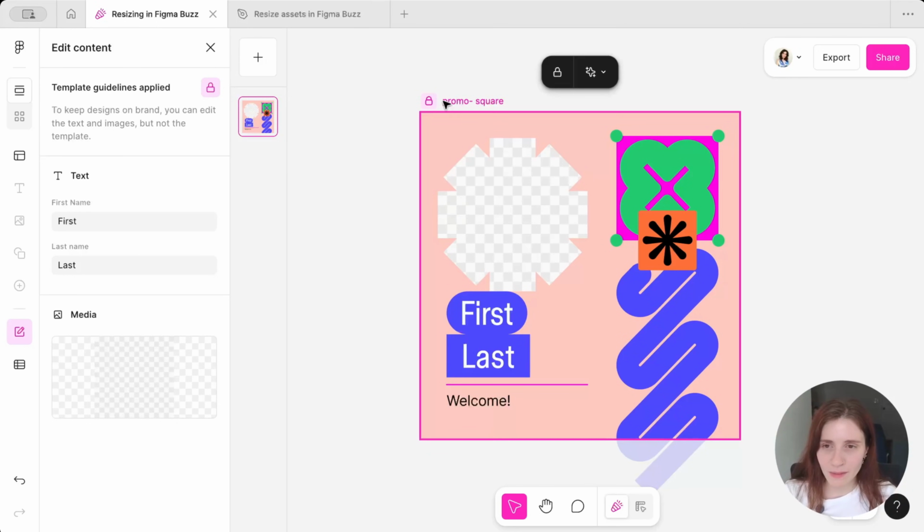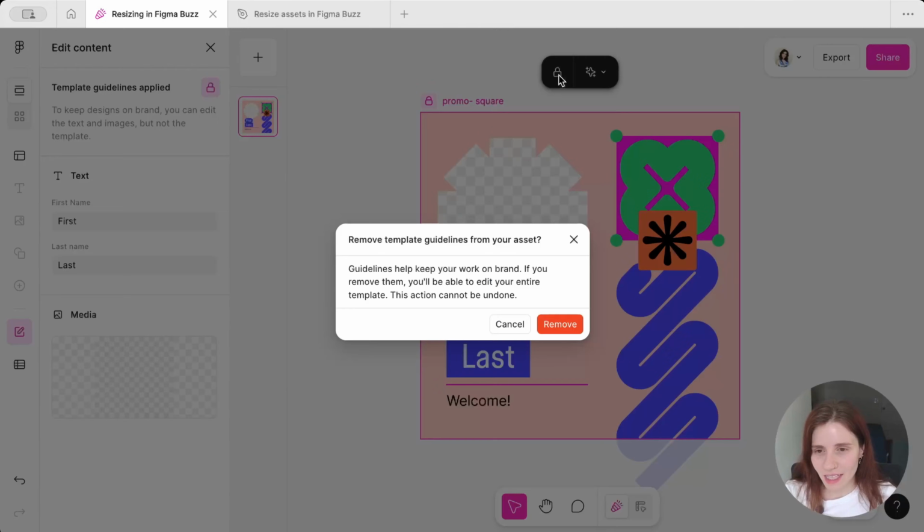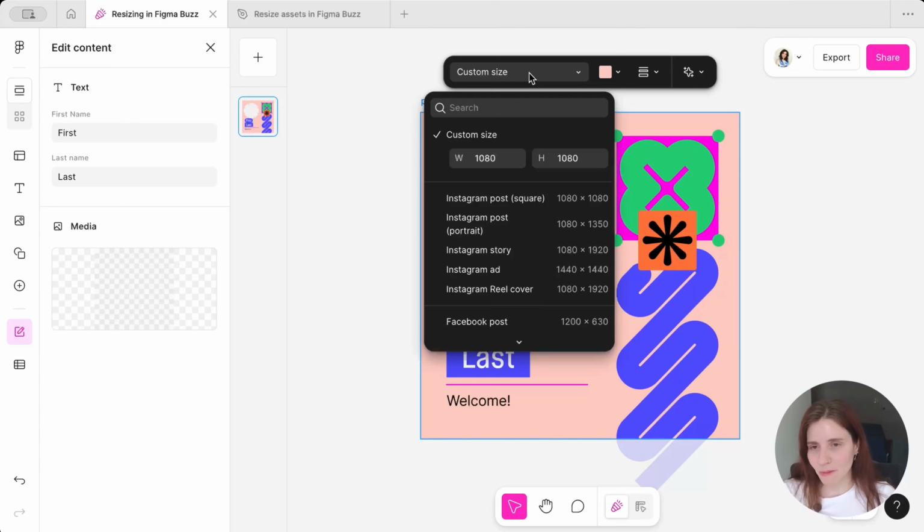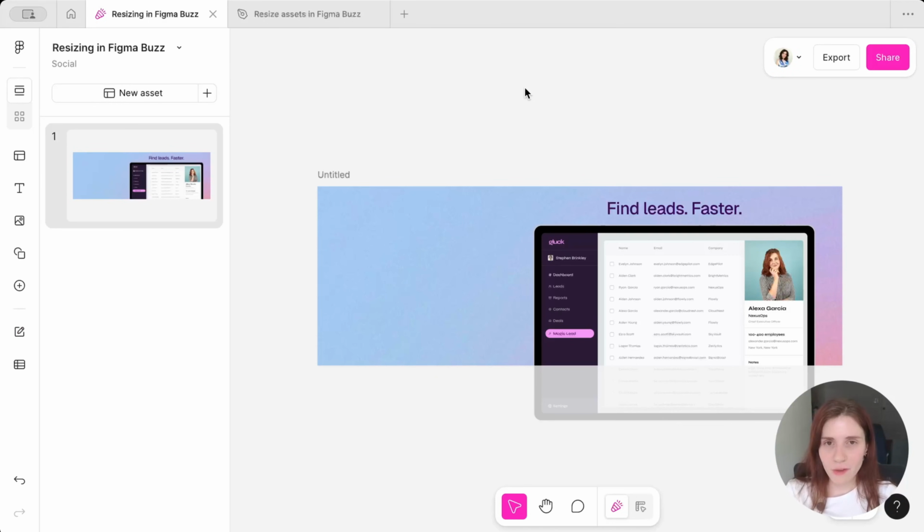So I can come up to the template, click on the unlock where it says remove guidelines. It's going to prompt me to make sure I want to do this. And from here, you'll notice my toolbar is now replaced, and I can go ahead and adjust it to any size. There are a few factors that will influence how well your designs are going to be resized when using